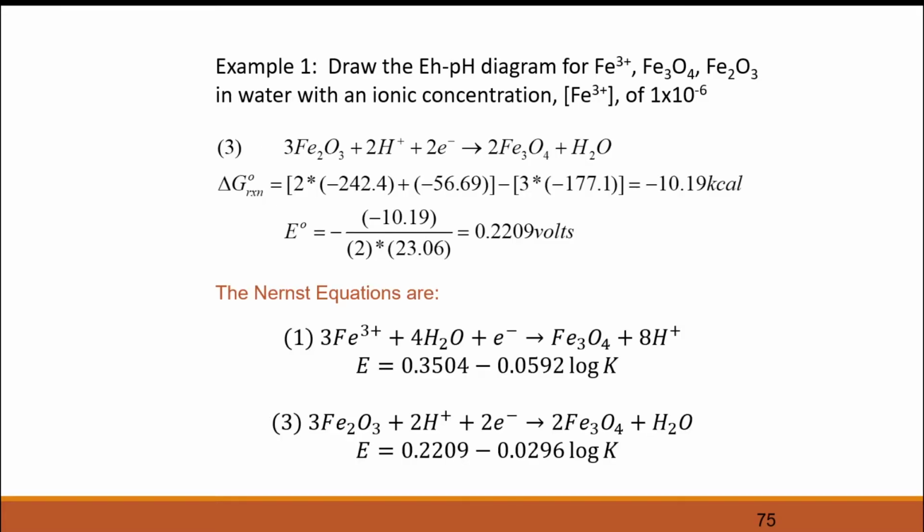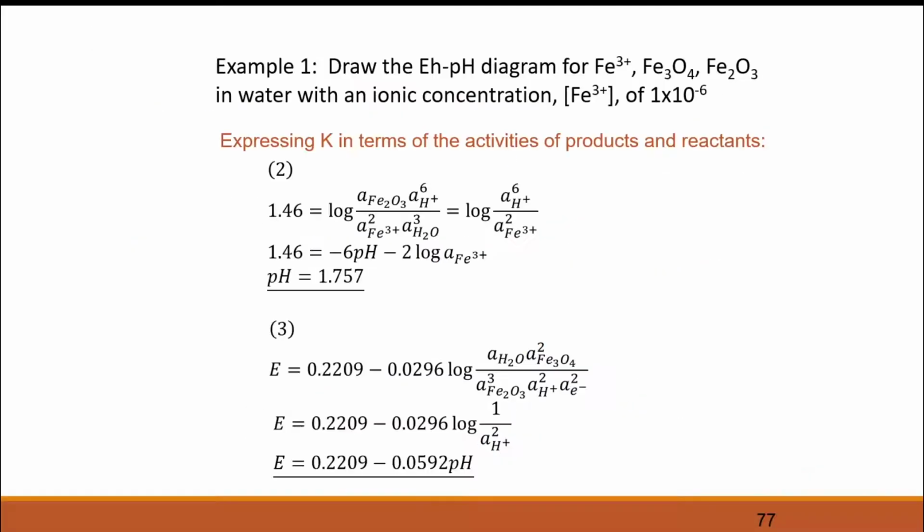Pakita ko lang ulit. Ito siya nanggaling, no? Yung 0.0296, kaya siya 0.0296 because the Nernst equation is 0.0592 divided by N. And N here is 2, no? 2 electrons tayo. So, therefore,